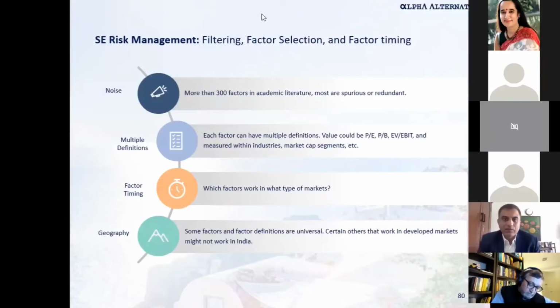So let's say it's very easy to talk about the US markets and we say, okay, value works in a certain time frame, but value, the way it is defined in the US market, which is price to book, does not usually work in a market like India, because price to book tends to become a kind of a trap, right? A value trap. So what we basically try to do is try to look at,